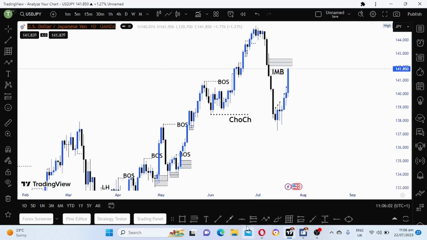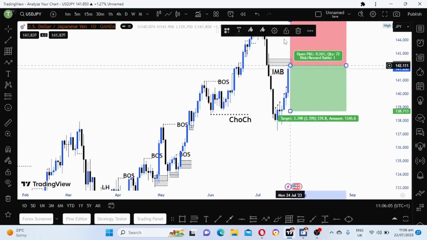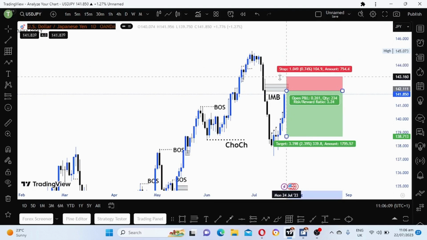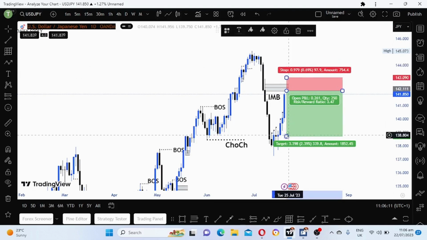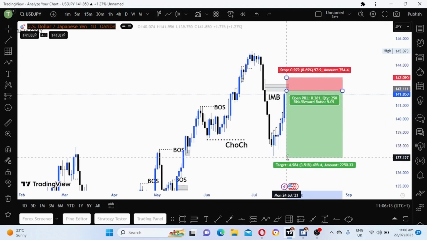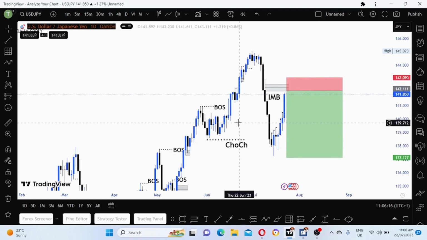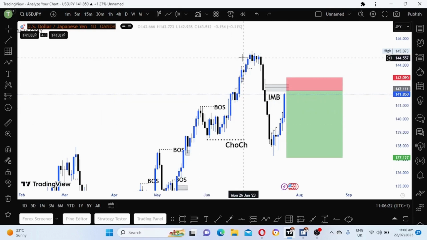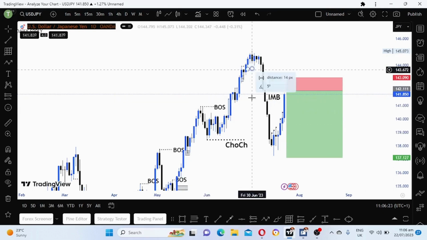I'm just waiting to enter sells here at this supply zone, targeting this low here, this lower low. So that is where I plan to enter my sells. This imbalance has been filled already, as you can see. We were in a bullish trend. Now we shifted. Now here is a change of character, guys.